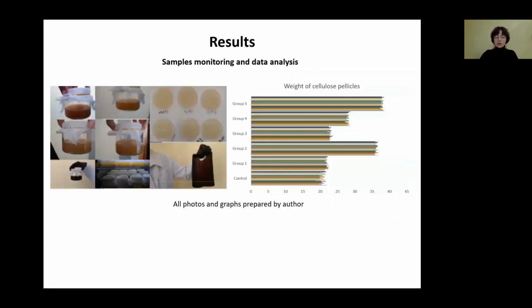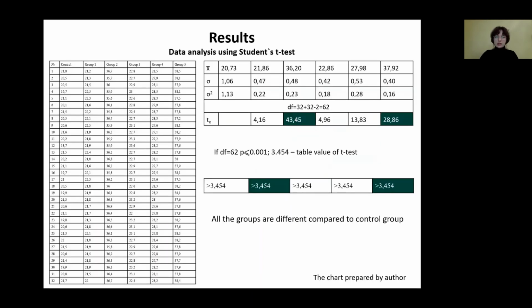All the substrates were inoculated with the Medusomyces gisevii cultures and placed in an air-dry incubator with a temperature of 28 degrees Celsius. The cultures on the substrates were grown for 72 hours. Then the cellulose films were removed and weighed. I concluded that the most productive culture mediums were the group 2 substrate, organic waste with glacial acetic acid, and the group 5 substrate, beet molasses. There is an average of about 36 to 38 grams per liter of cellulose synthesized on these substrates in 72 hours. The obtained data was analyzed using Student's t-test.